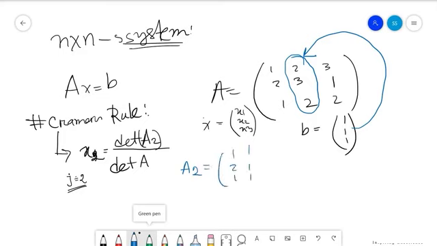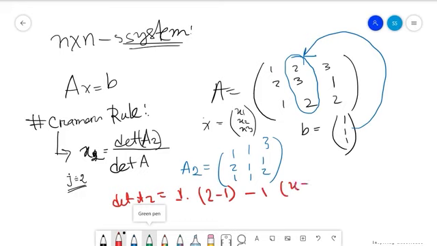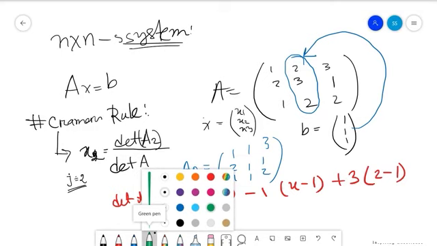1 2 1, 1 1 1, 3 1 2. And if I want to calculate the determinant of A2, the determinant of A2 equals 1 times 2 minus 1, minus 1 times 4 minus 1, and the last part is 3 times 2 minus 1, and this will give me,